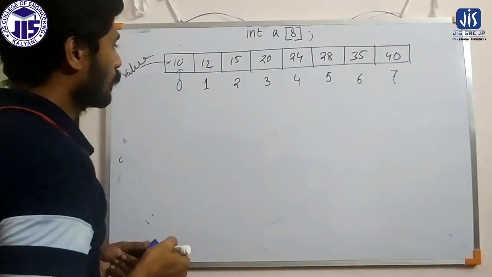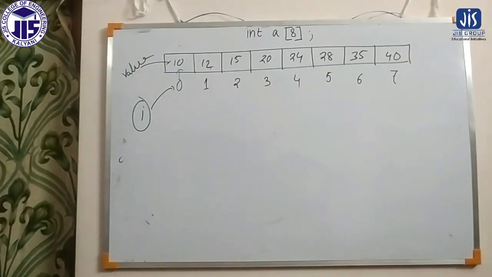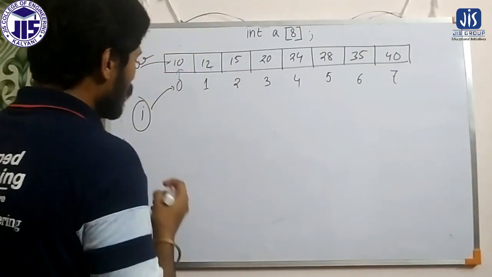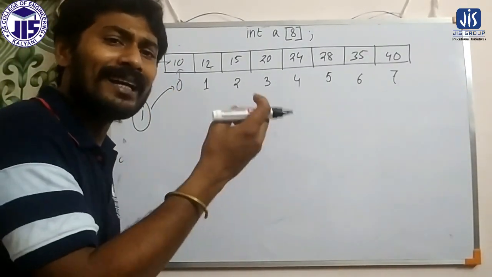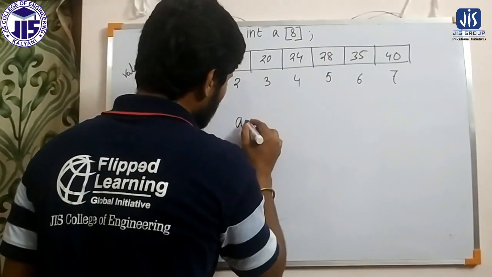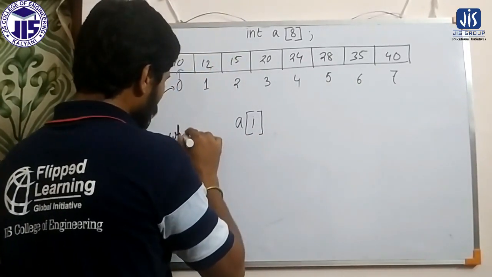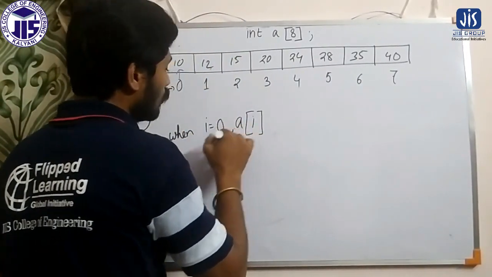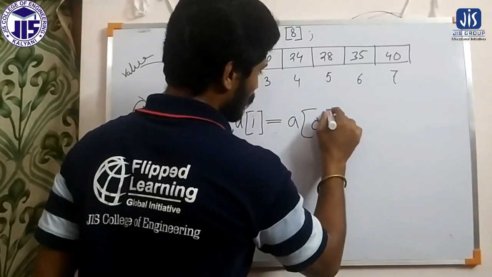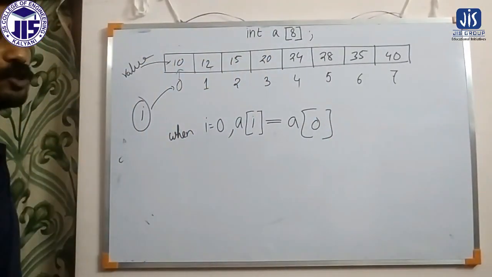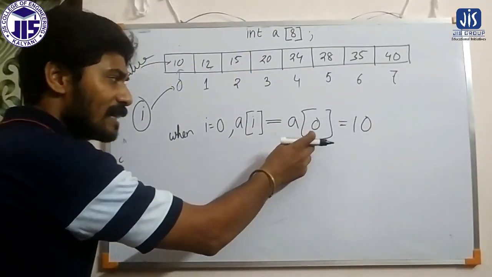So for this position of the array, if I take a variable I, first understand the logic. The variable I is representing the position. Now using a loop, I will increase the value of I gradually. So first we write AI when I equals 0. When I equals 0, then AI means A0, so it is representing the 0 position. So we can write 10. AI is basically representing A0, that is 10.